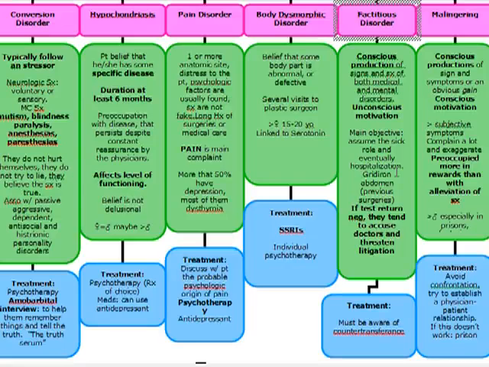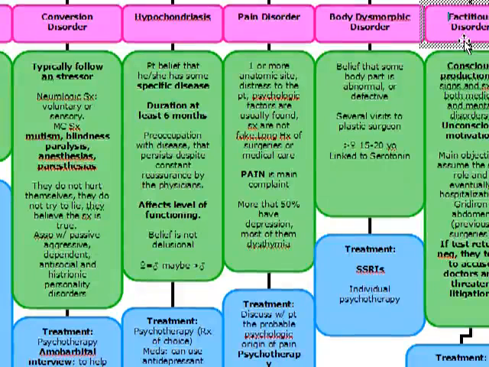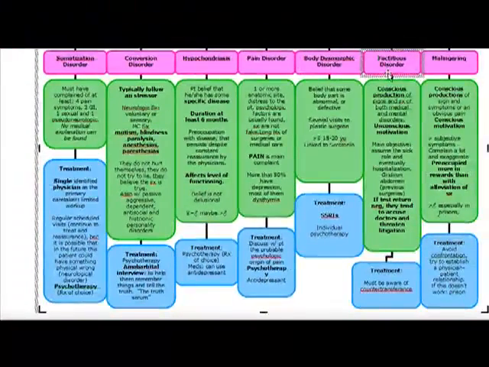And very key to remember on the test, these patients, if the test returns negative, they tend to accuse the doctors and threaten litigation. So if you see a healthcare worker on the test who, if the tests return negative, is going to accuse the doctor and threaten litigation, I want you to think of factitious disorder, okay? A common example of this is Munchausen's disease, and it's this healthcare worker with a lot of medical knowledge, and they may actually give themselves exogenous insulin because they know that insulin is going to cause hypoglycemia and keep them in the hospital, okay? And you got to be careful of countertransference when you're dealing with patients with factitious disorder.